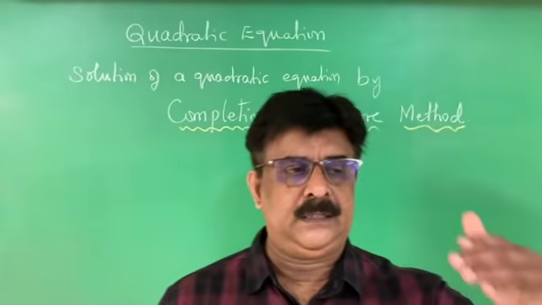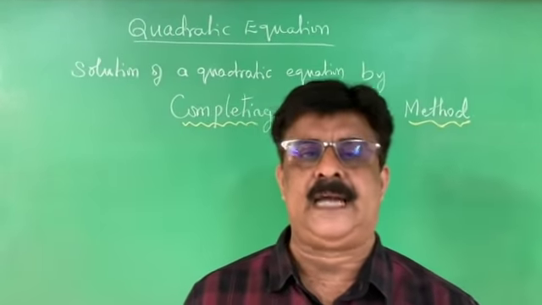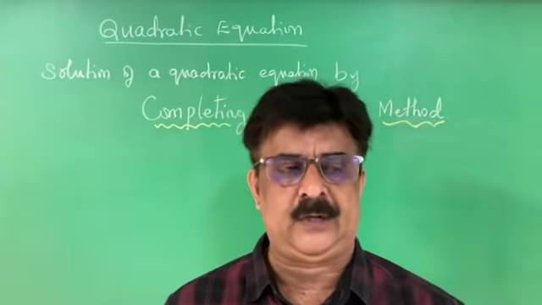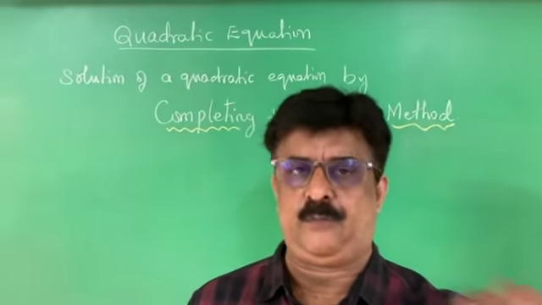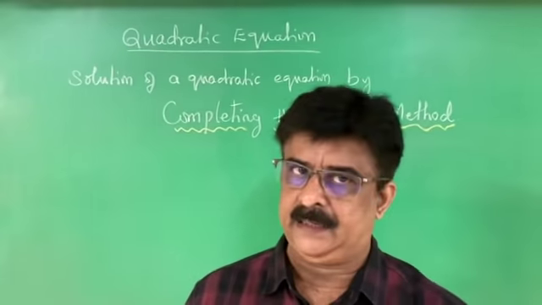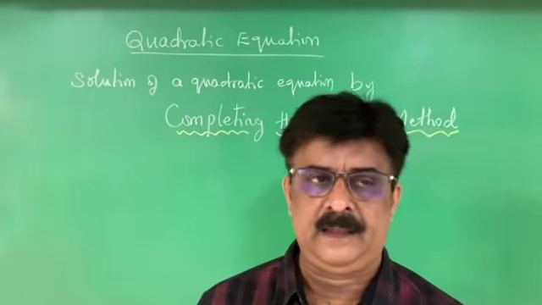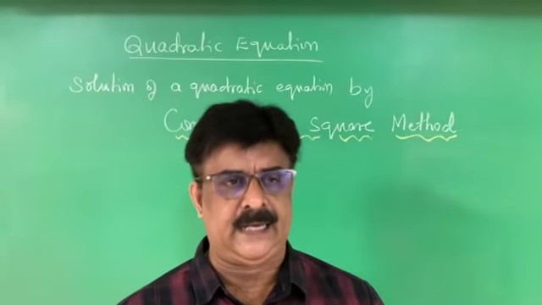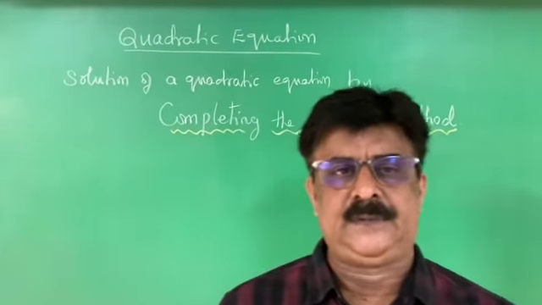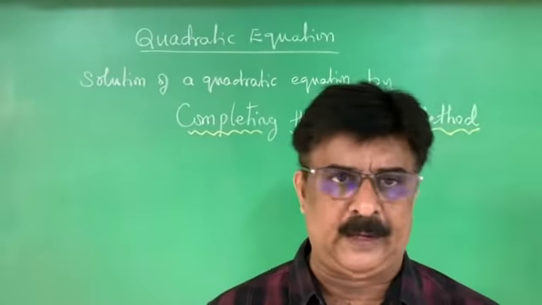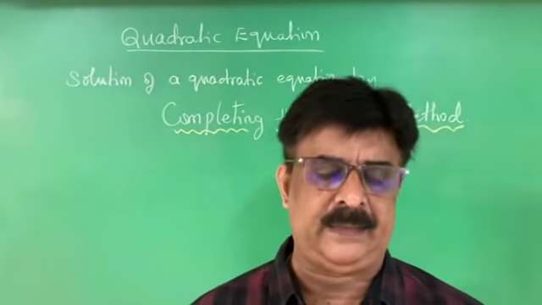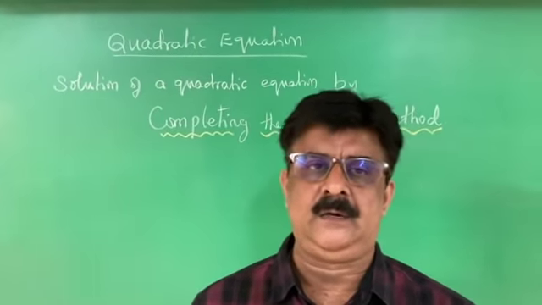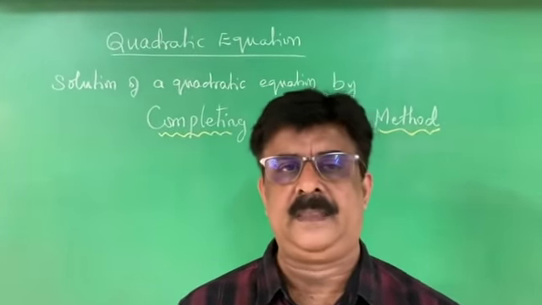And the first exercise of this particular chapter tells us to convert a given statement or an equation to the standard form. That we completed, exercise 10.1. The second part is solution of quadratic equation. There are three methods given in the textbook. One is called the factorization method. Second one is completing the square method. Third one is formula method.